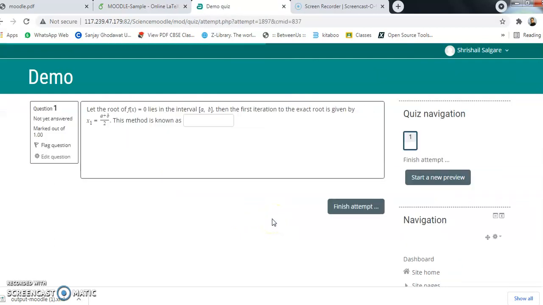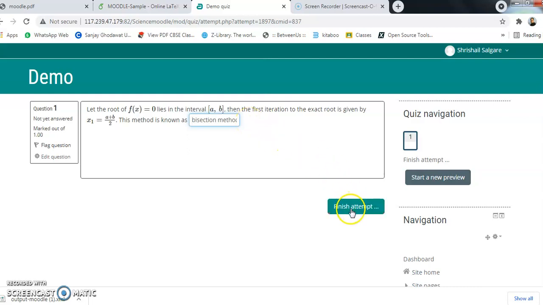Now here you can see that box is there. In that box you have to type proper word. Suppose purposely I will use the B from bisection is small, bisection method. You may or may not, that full stop suppose I am using. Once again check the spell. If spelling is wrong, in that case the question will be graded wrong.